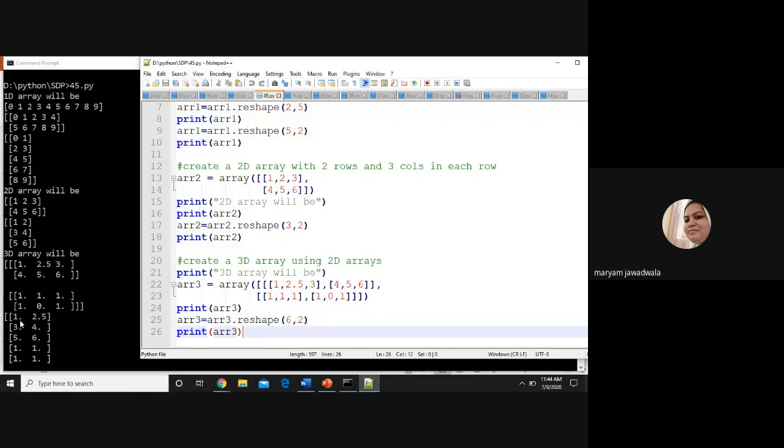A 2D array with 6 rows and 2 columns in each row. Okay, so my elements are rearranged in this way using the reshape method. So hope you understand the meaning of the reshape method. The reshape method will change the shape of the original array, right?